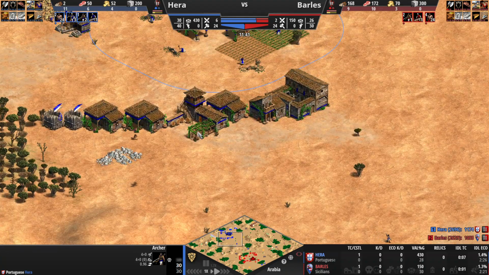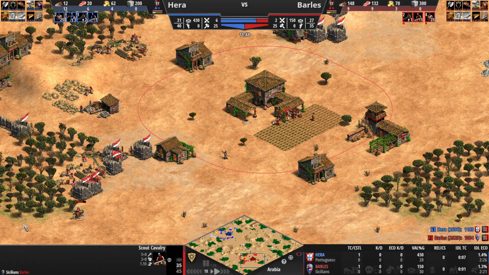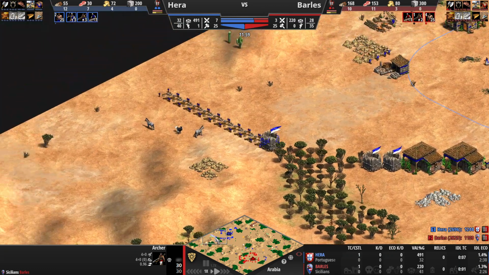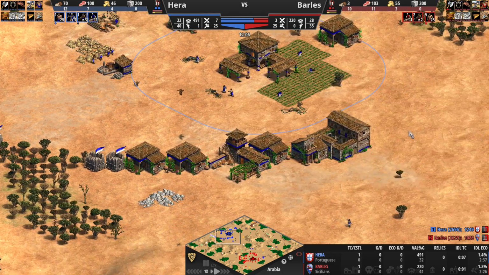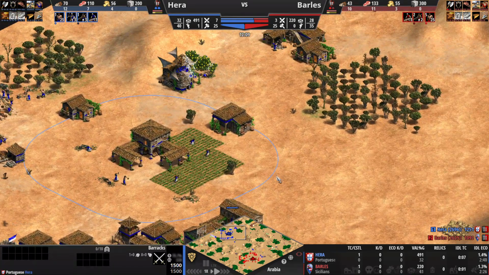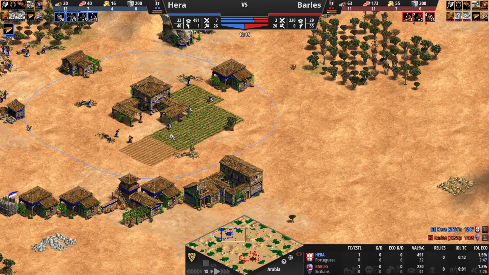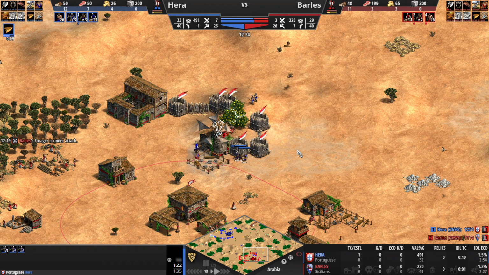Archers are coming forward. No skirmishers yet for either player. Just going for archers. A couple skirmishers added in can always add just that little bit of attack bonus against the other archers. And yes, Hera is choosing to fully wall in over here. So quite a big wall, but will force the enemy into this little corridor where he has to go by the town center. As we see, the scout made it in actually,